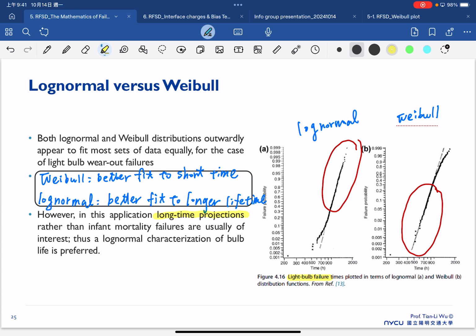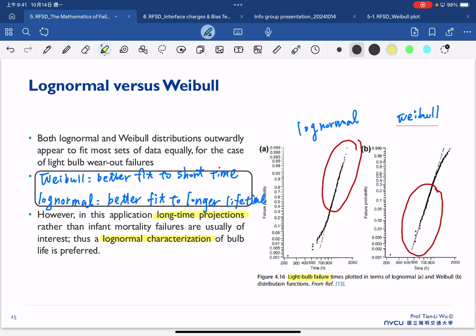So if our goal is long-term prediction, that means we want to predict the result. This is an experimental data set, so we have the fitting. But if we want to do the long-term extrapolation at this point, then for sure the log normal